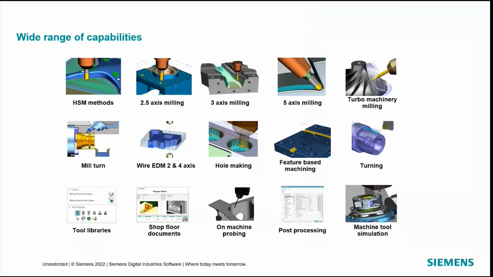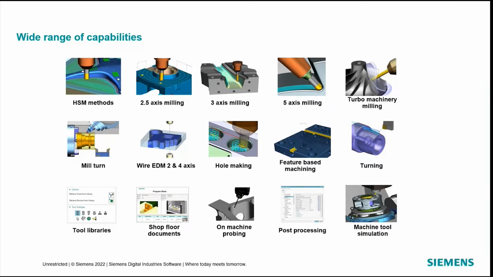Through mill turn capabilities in NX, the way we approach mill turn is you would have a turning capability, so we would have NX turning, and to that you add the appropriate amount of milling you need. So if it's just a live tool mill turn, you just add 2.5 axis milling to it. If it's that with Y axis, maybe 3 axis. Of course, if you go into 5 axis, you have a 5 axis head, we would add 5 axis to that, so we can get the right price and the right solution, so you're not buying this large bundle of capabilities that you maybe have no need for.